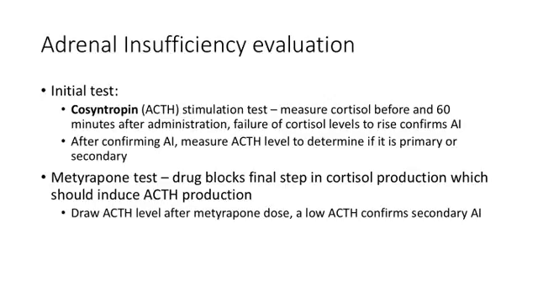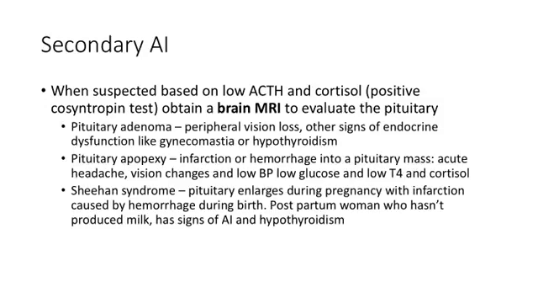But you need to know that the cosyntropin stimulation test is the way that we diagnose adrenal insufficiency. Then, if we find that somebody has a low ACTH and they have a low cortisol, we think they have secondary AI. First of all, you want to look in the question and make sure there's not some obvious reason that they've been getting chronic steroids, like rheumatoid arthritis or lupus or COPD, you name it. And if there's not, then the best answer to the question is probably to do a brain MRI in order to evaluate the pituitary for a cause.